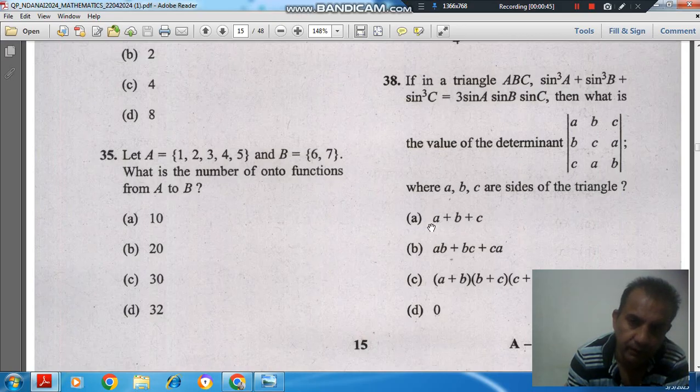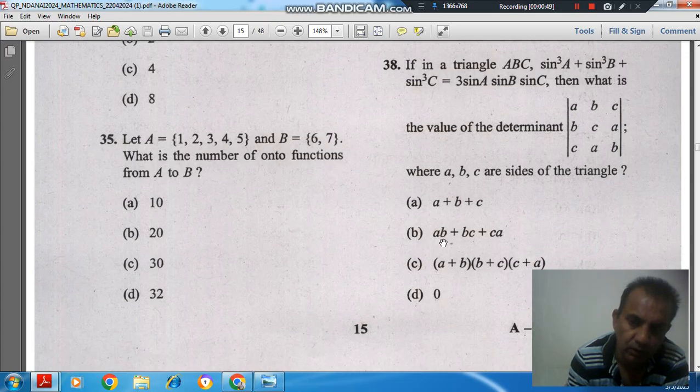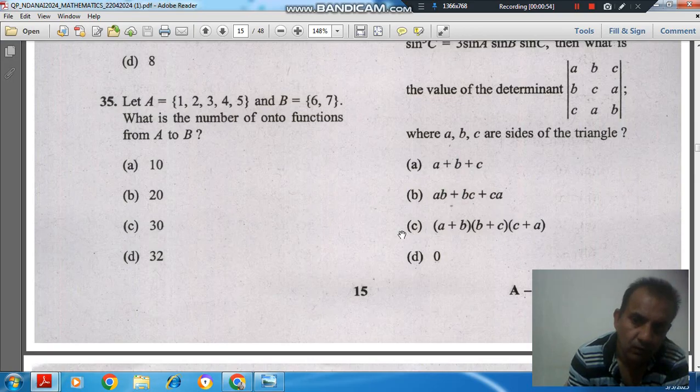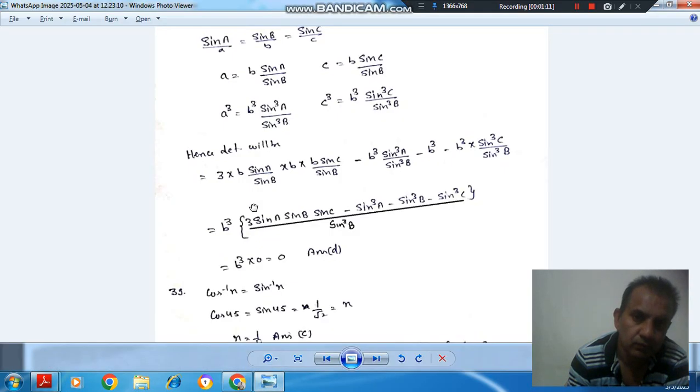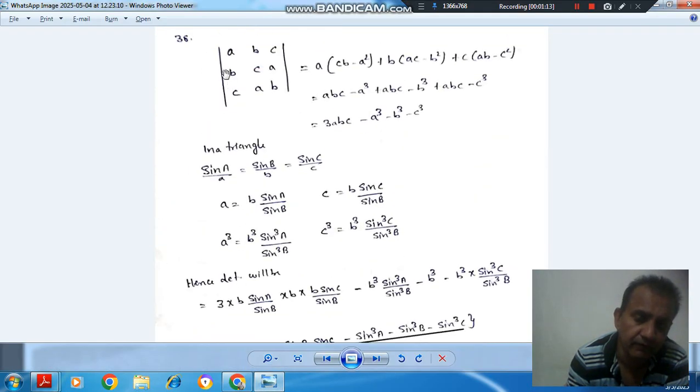Option A, a plus b plus c, all are small. Option B, small ab plus small bc plus small ca. And option C, (a plus b) multiplied by (b plus c) multiplied by (c plus a). Option D is 0. So here if we find out the determinant of it, then first row is this, second